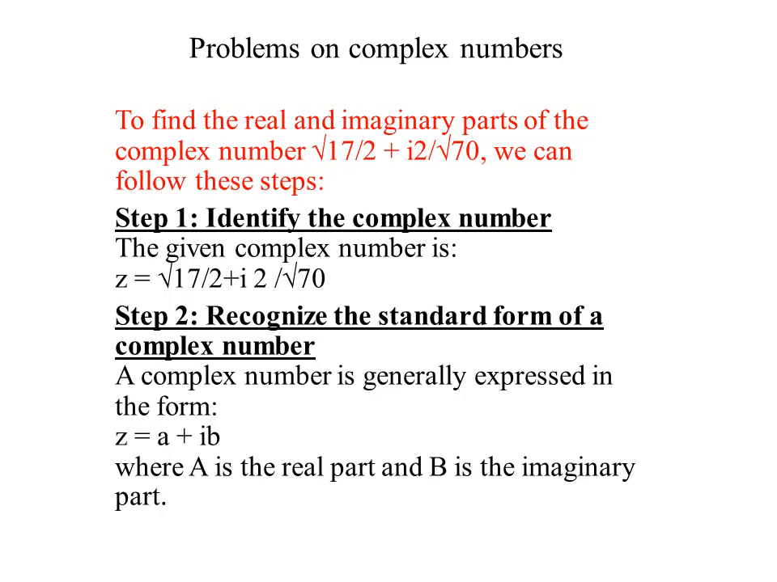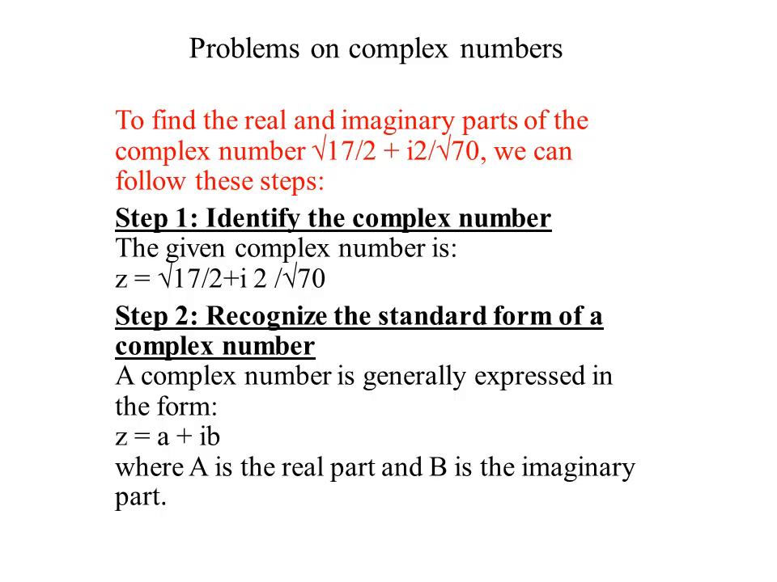Now we are moving to problem number 3. That is, to find the real and imaginary parts of the complex number root 17 by 2 plus 2 by root 70 into i. For solving this problem,